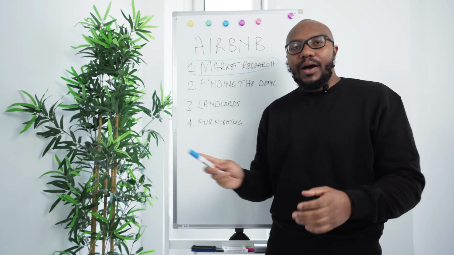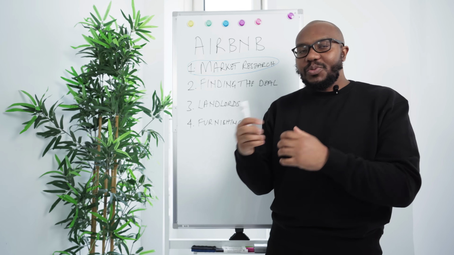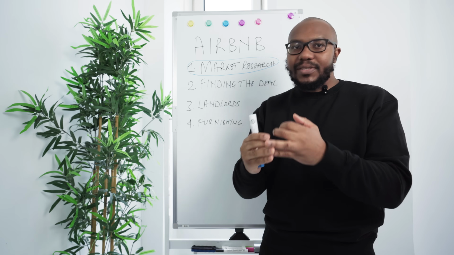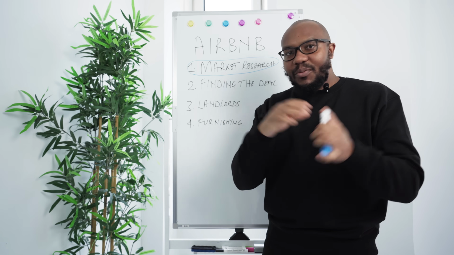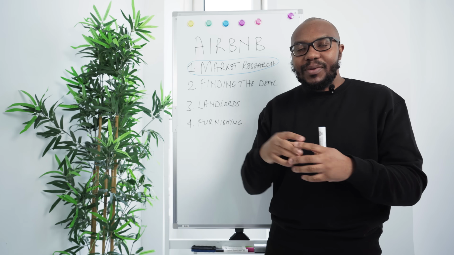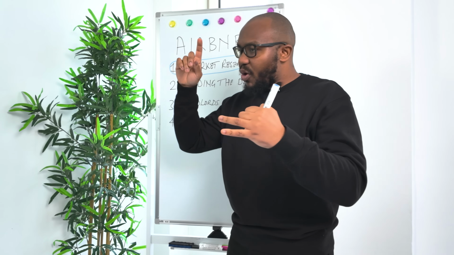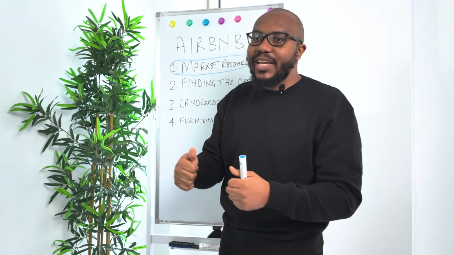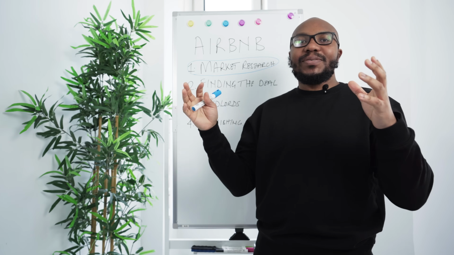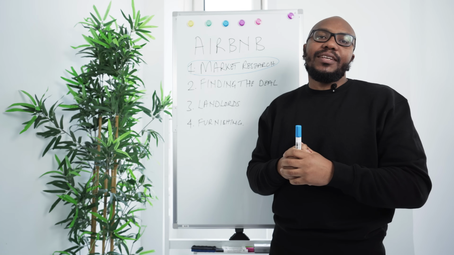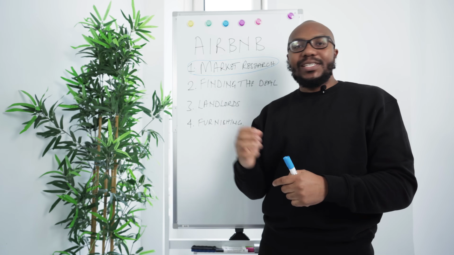Then after you've done the market research, you also want to pinpoint what types of properties you'll be going for. You know, there's apartments, flats, houses, all these things. Airbnb works for anything. If you go on Airbnb right now, you can actually rent out your room, your house, apartment, flat, even your shed. In London, there are people renting out their sheds or making people sleep in tents or boat houses, all this kind of stuff. So you just want to know which types of properties you want to be going for with this business model.